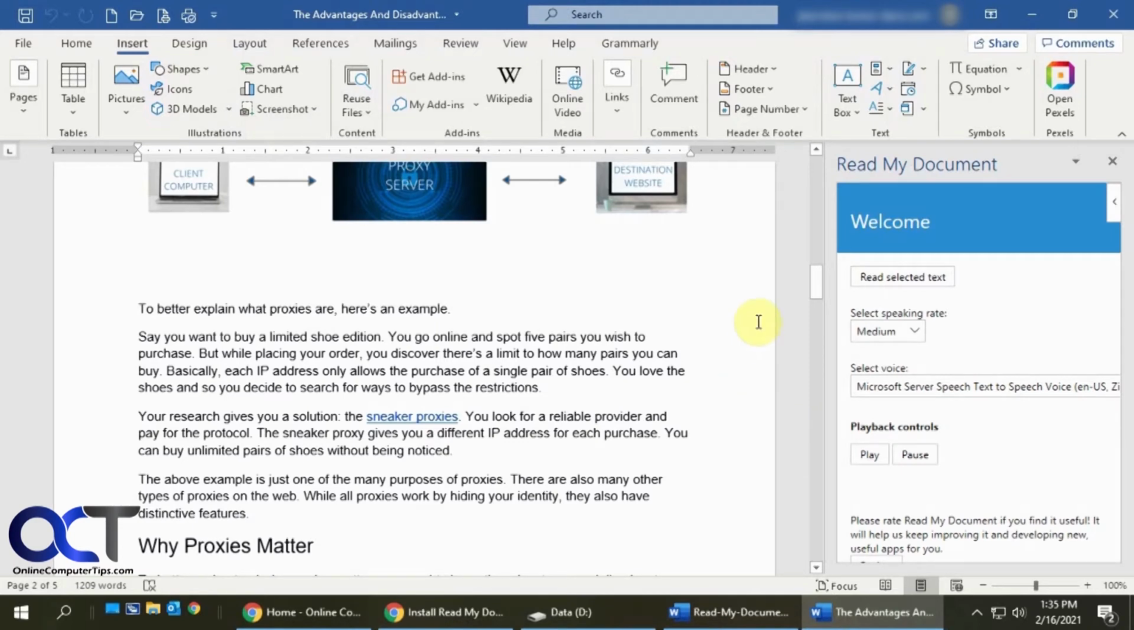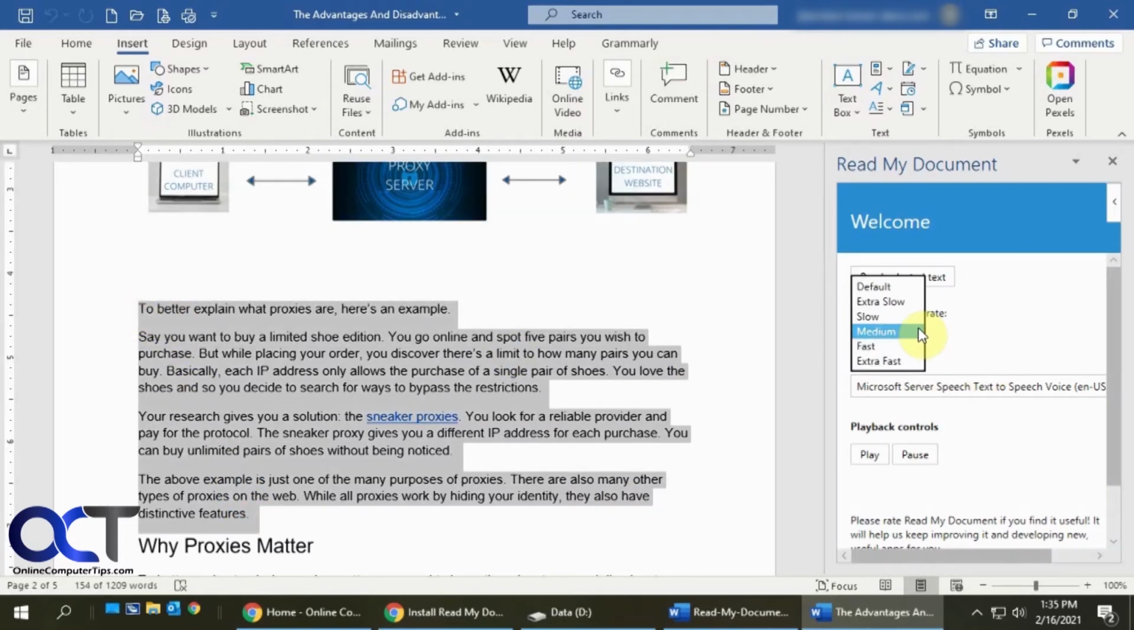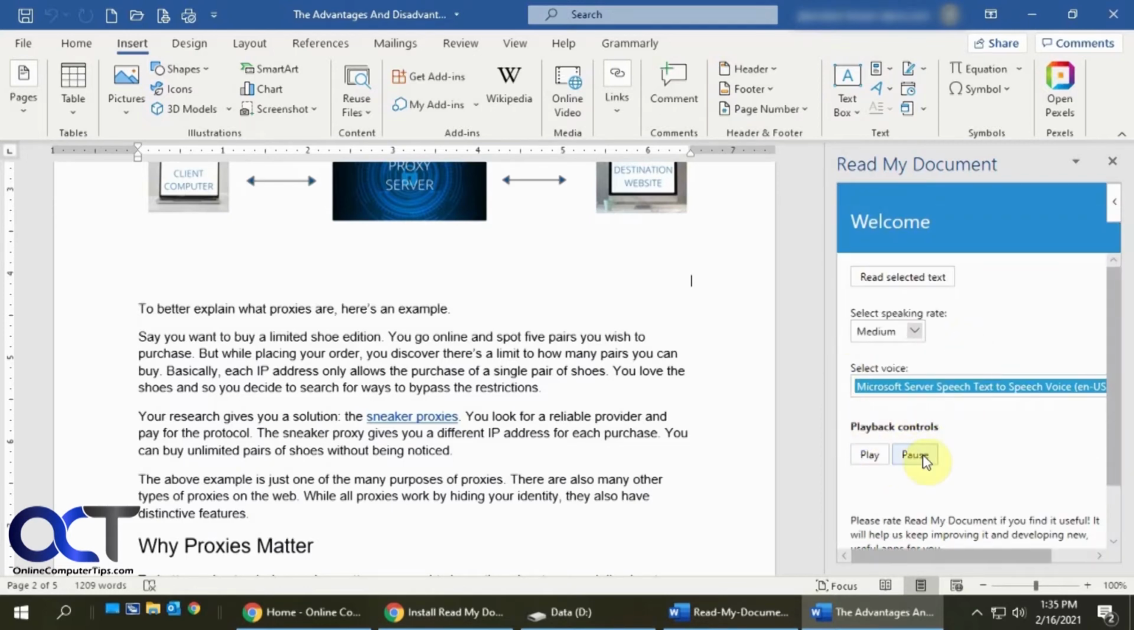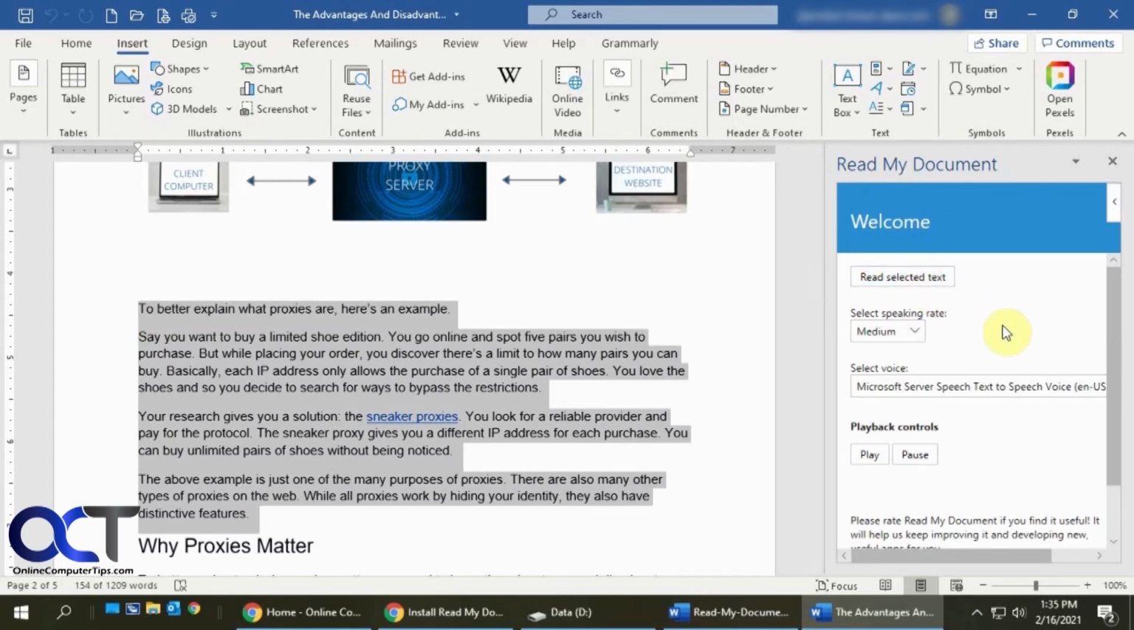Okay, so now we have it open here, and so if we highlight some text, and then we could pick the speaking rate, slow, medium, fast, extra fast. If you want to pick a different voice or a different language, we'll just keep it at the default there. And then they have a play and a pause button. So once you have your text highlighted, click on Read Selected Text. And sometimes it takes a minute to kind of